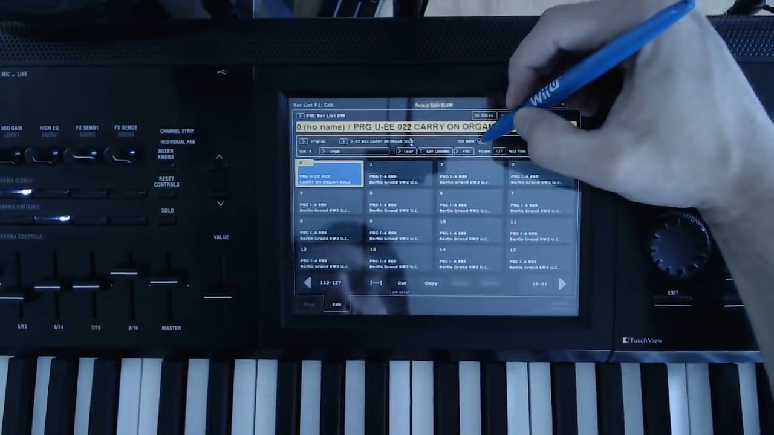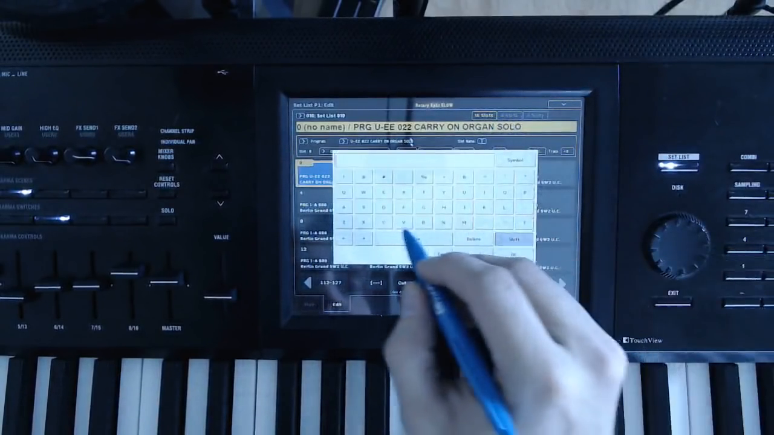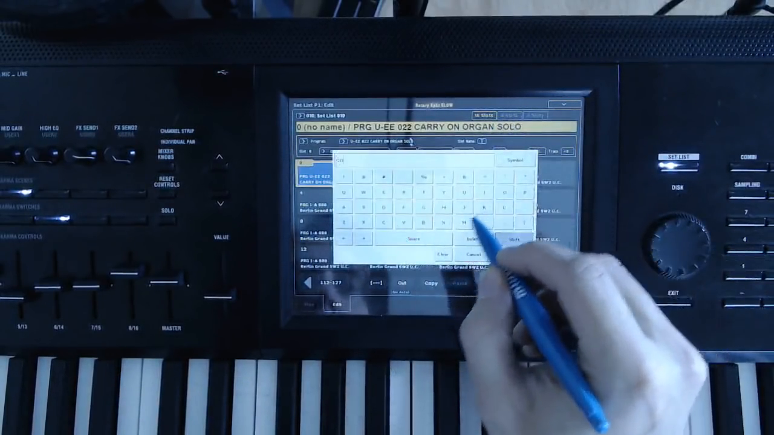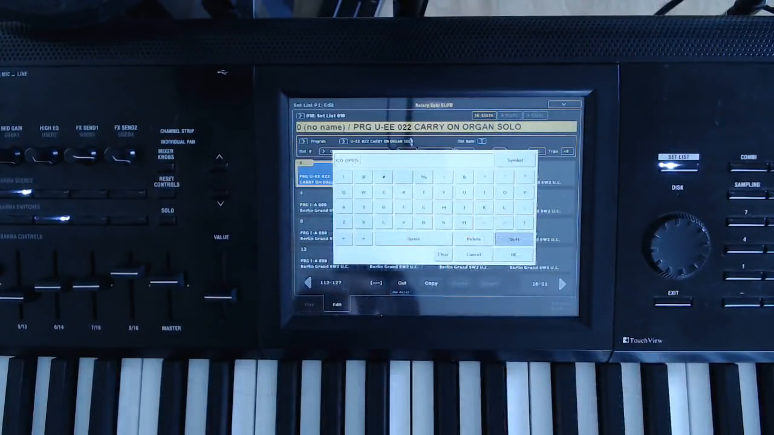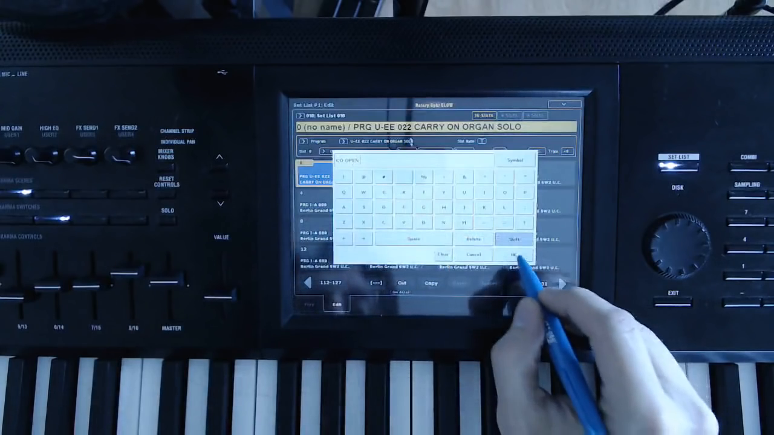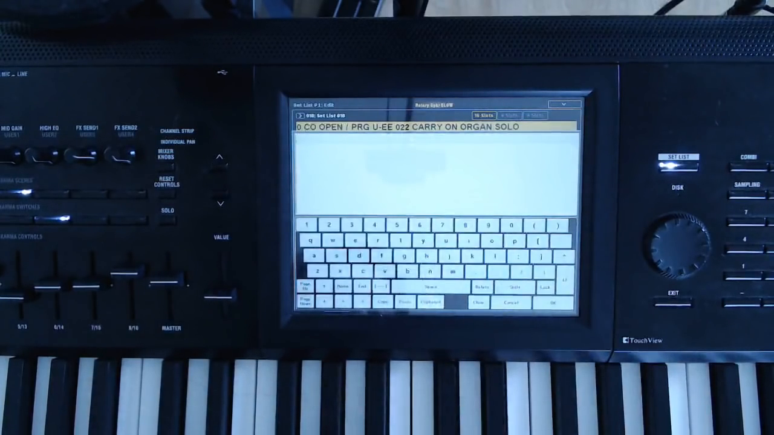And I might change things like the slot name. So I might call this Carry On Open. And I might have a reference to things like notes. So what I can do is edit the comment and say, I want to know, okay, so it goes, it's an A, so it starts off. So it goes,